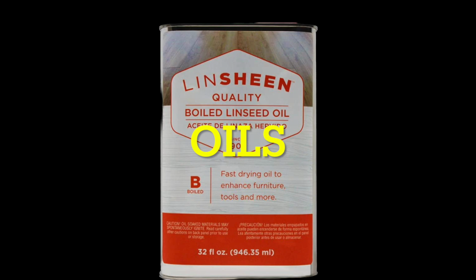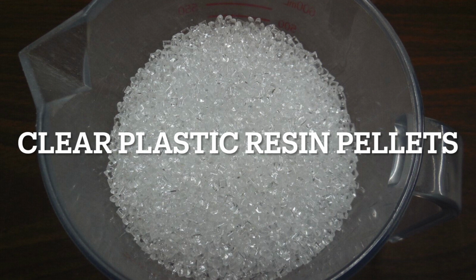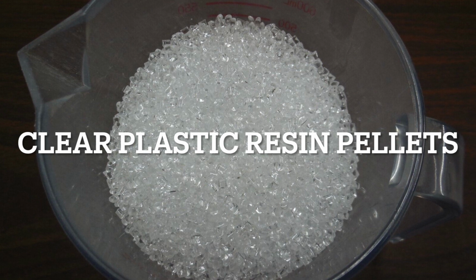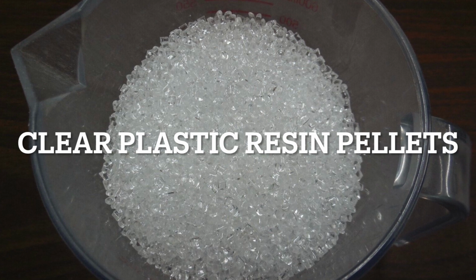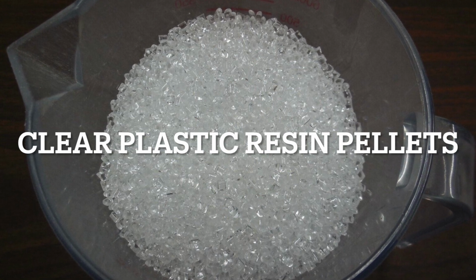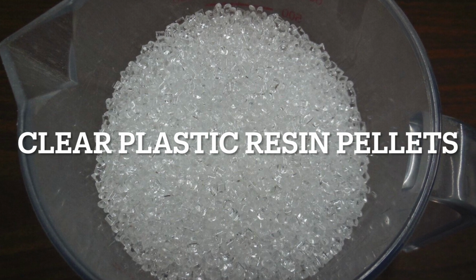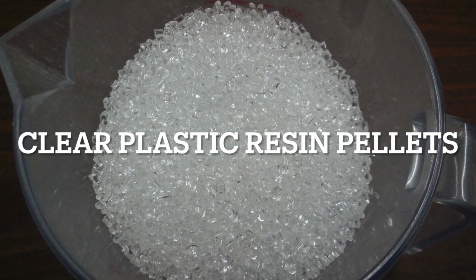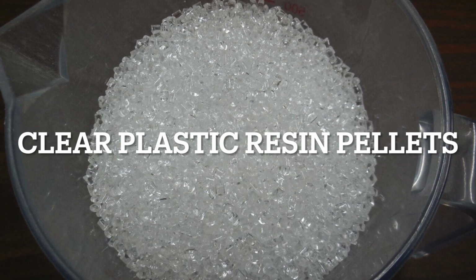Then you have oils. The two types of oils that are in these products are linseed and tung. Now, if you just have these oils, they will evaporate immediately. So when you have the exterior usage, you also need resin. If you have too much resin, it's not going to penetrate into the wood, and it's going to be brittle, just like the Helmsman spar urethane. So resin is very critical that we don't go too much resin, but we do have enough so that the